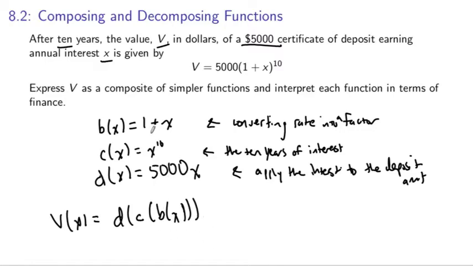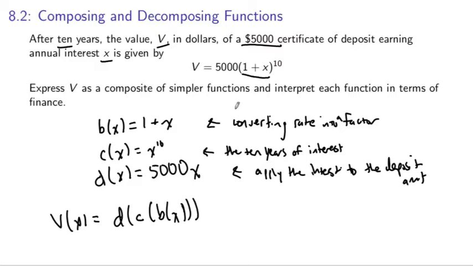So our innermost function is add 1. Our next function, because remember we have to do parentheses, then exponentiation, then multiplication, is take the 10th power, and our third function is multiply by 5,000. So we've broken our function into three littler functions that represent the three operations that we're doing on our input. And we've written them as a composition, d of c of b of x, where d was applying the principal